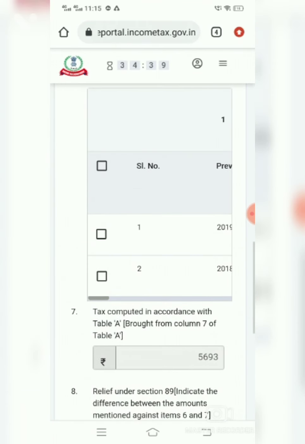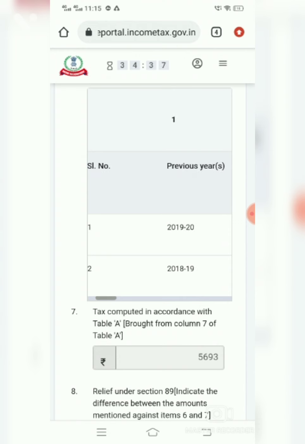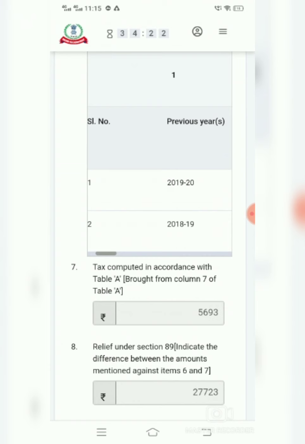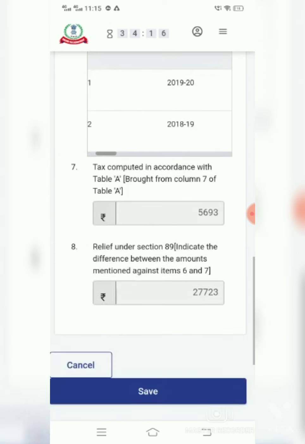Now, in my case I received arrear only in 2018 and 19. So here two columns are there, 2018 and 19. In some staff cases, somebody received arrear for 2017. So they have to fill the details for 2017 also, as well as 18 and 19. Okay, friends.